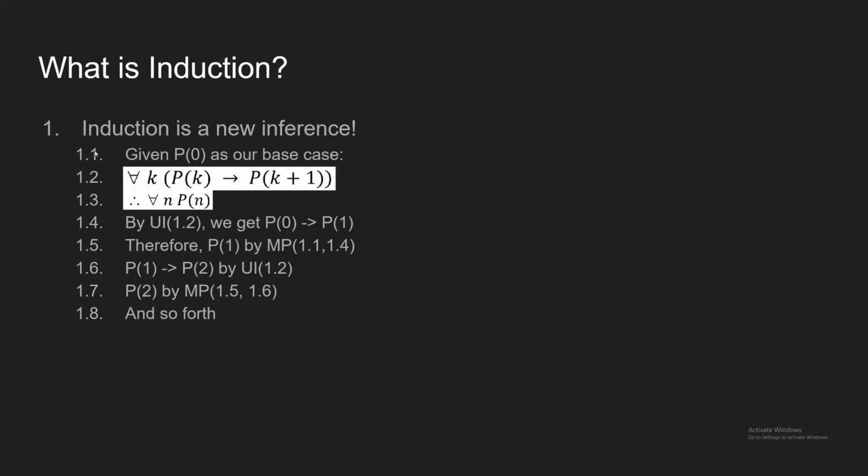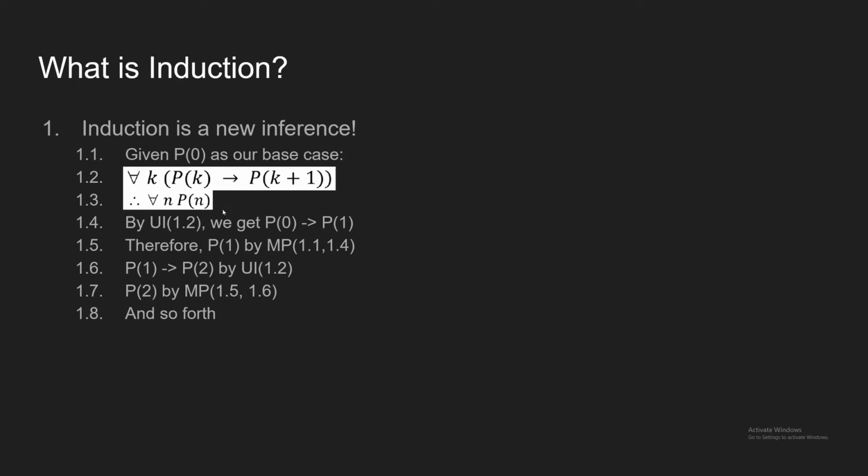So let's start off with what induction is. Induction is a new inference rule. So given P(0) as our base case, we want to be able to show P(k+1). In this case, it would be P(1). And then eventually we want to work towards being able to say, well, therefore, for all n, P(n)